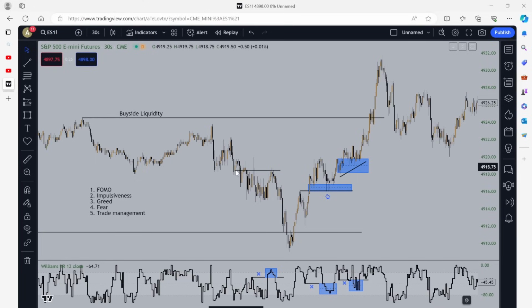Price is coming back into this order block, right? Notice how it comes up into it once, twice, three times. Okay, study this as well. Optimal advance, right, with the William percent R, it tells you a lot of times which PD arrays are going to be reclaimed. Okay, I want to say that again. The William percent R helps us identify PD arrays that are going to be reclaimed, right?